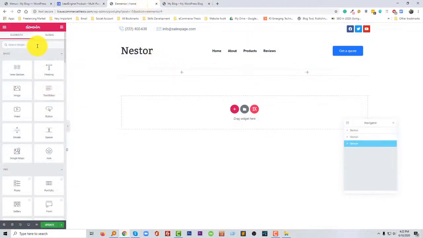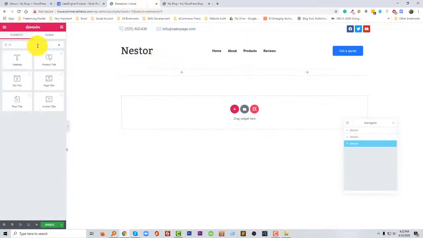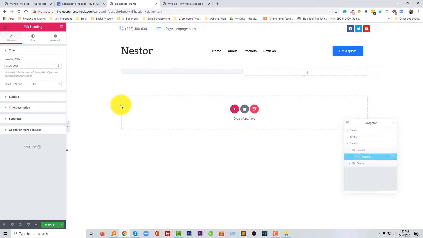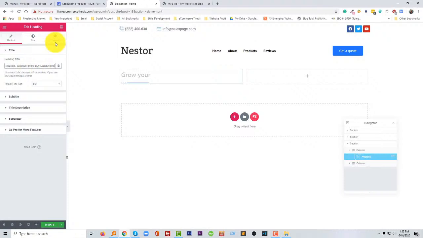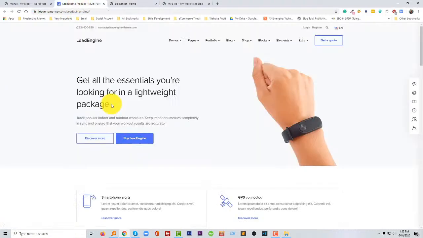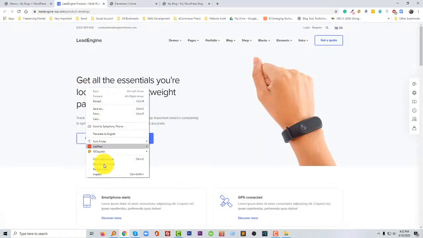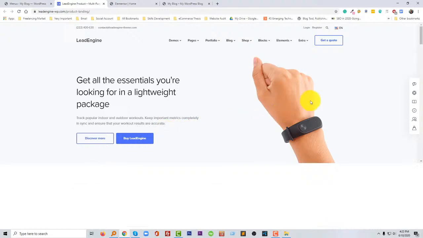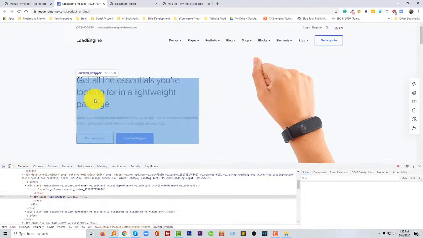First I add text here or title, heading here, heading. I'm going to copy heading text,